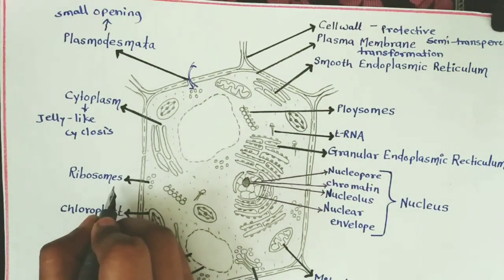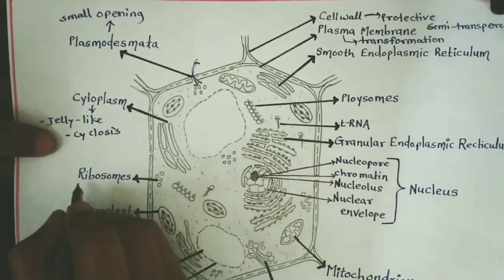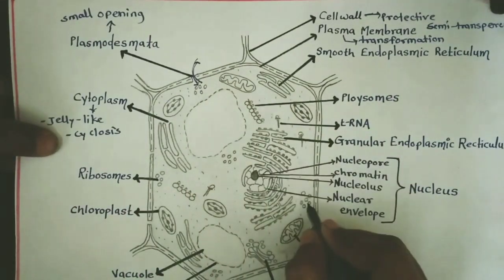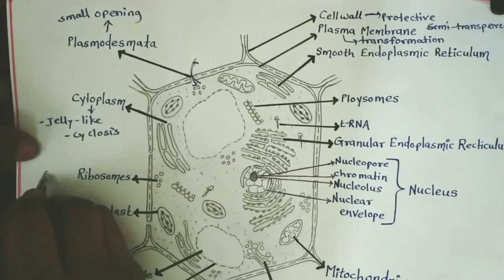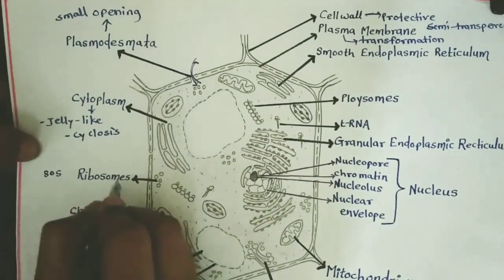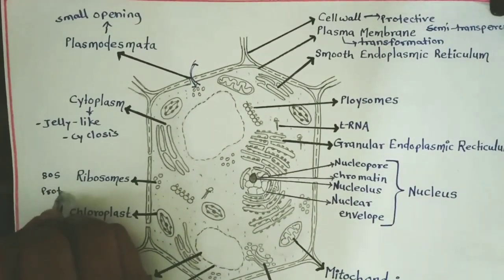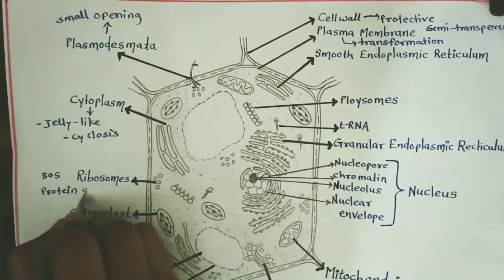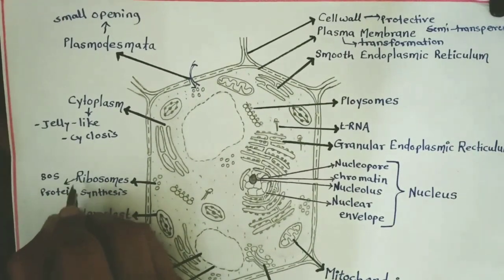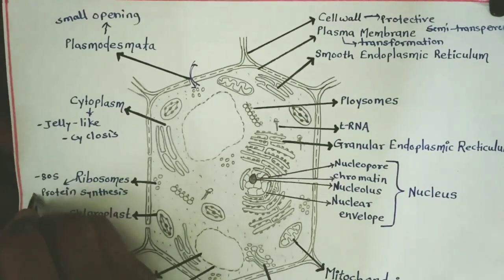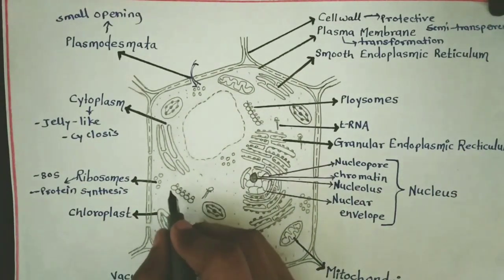The next point is the ribosome. In eukaryotic cells, ribosomes are found attached to the membrane of the endoplasmic reticulum. During active protein synthesis, ribosomes are seen to occur in groups and are collectively known as polysomes, and they take part in protein synthesis. Later we will talk about polysomes.